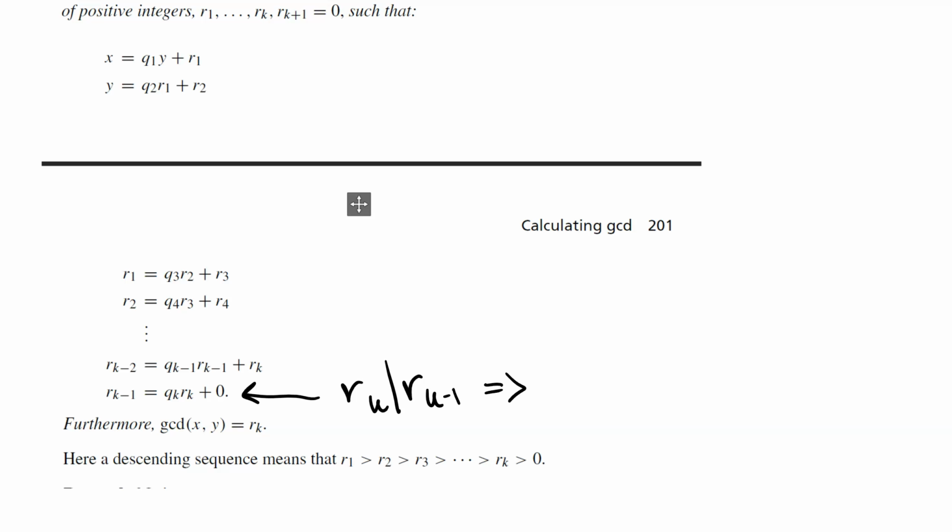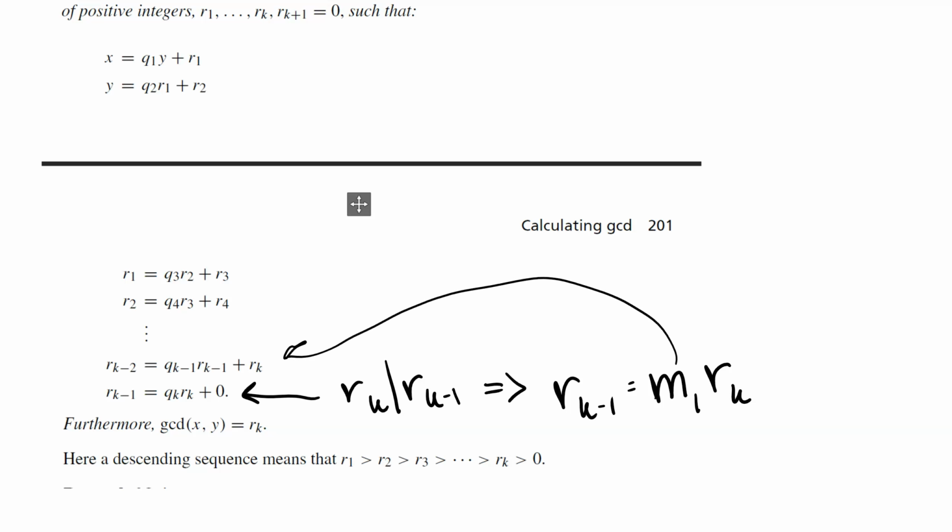Well, that means that rk minus 1 equals, let's say, what's the letter we haven't used? Oh, we haven't used m. M1 times rk. And that's helpful because we can go back and plug,